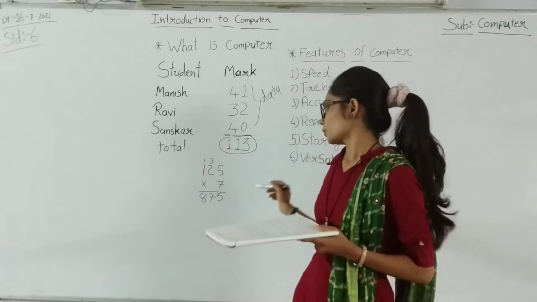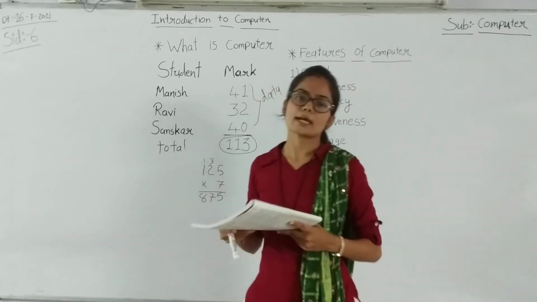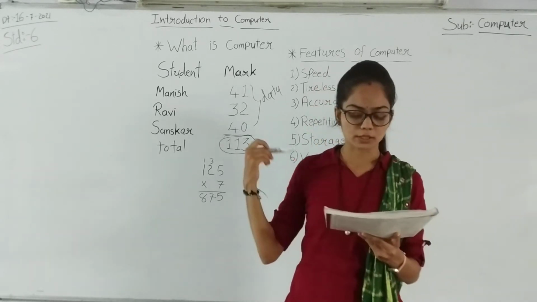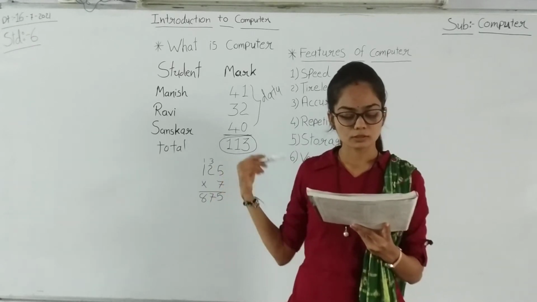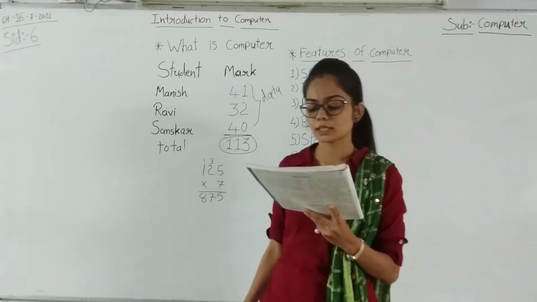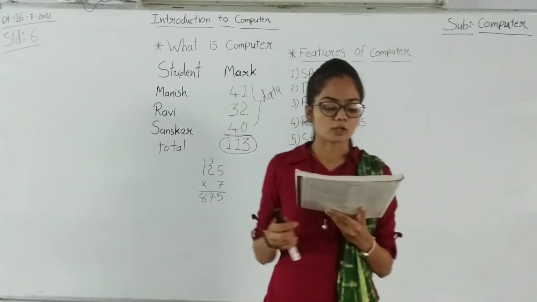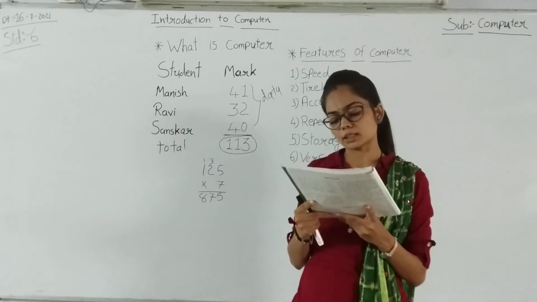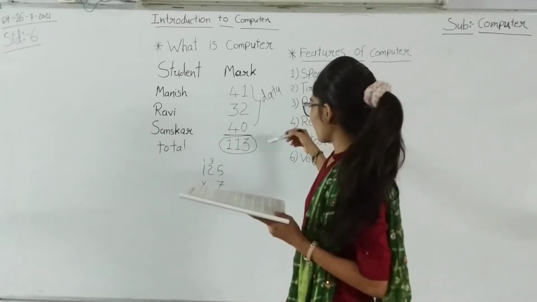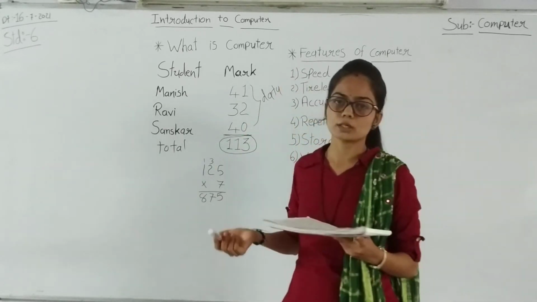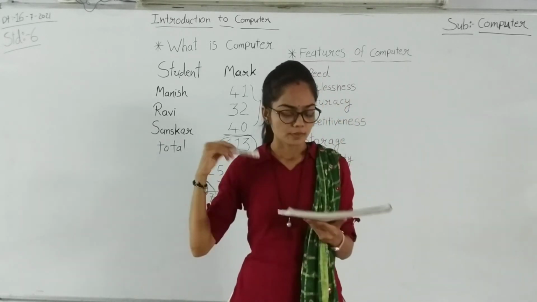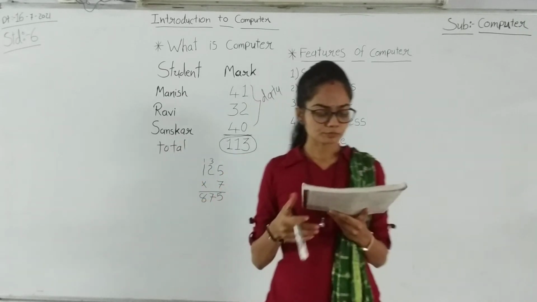As I told, computer does not make mistakes. It has a predefined program for calculation. It has a predefined program to calculate any complex calculation and give us always accurate results. A computer makes mistakes only if wrong data or instructions are entered. If wrong data or instructions are entered by a user, in that case only the computer gives us a wrong output or wrong result.